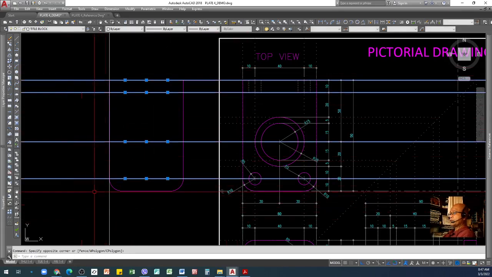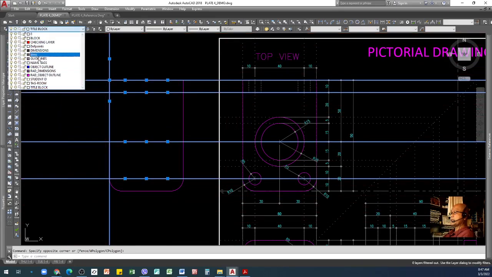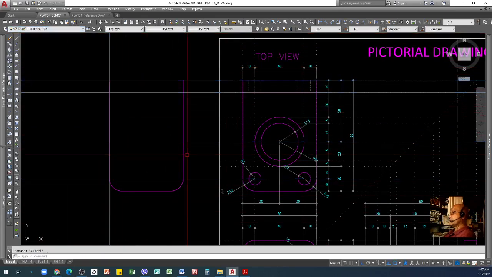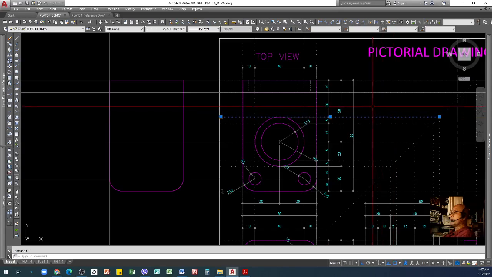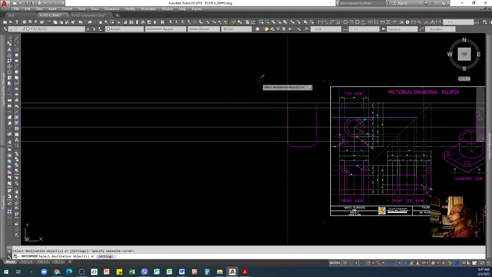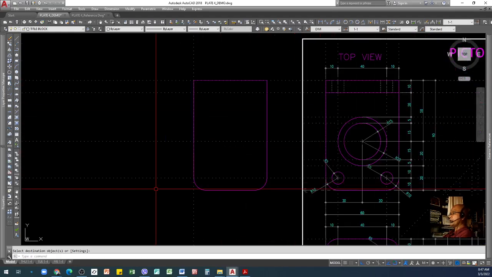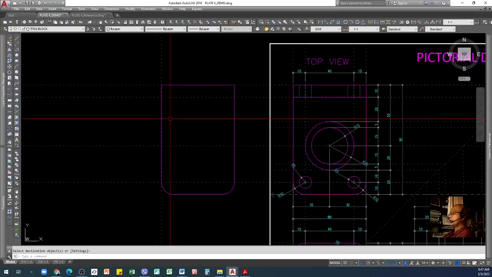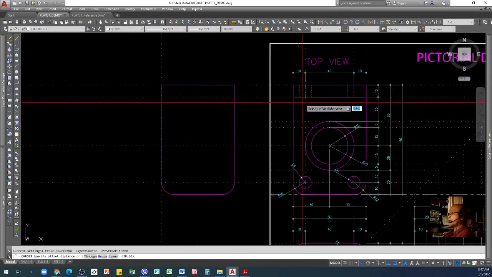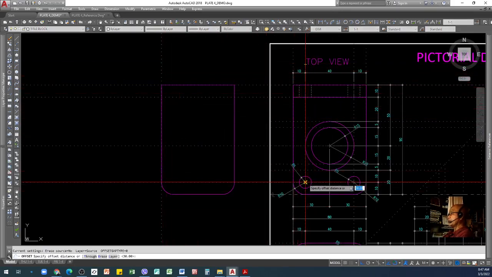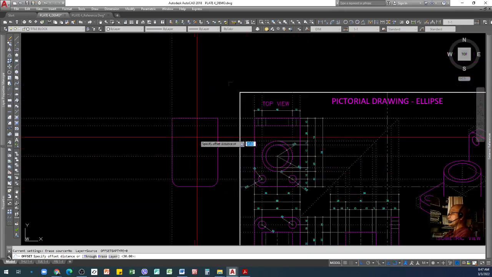By the way, you can use these lines as your grid lines or guidelines. For me, I used my guidelines as dotted line so that it will not spoil my object. Okay, I made it that way. You can follow that as well. So next, I will offset 10 to locate the center of these circles.